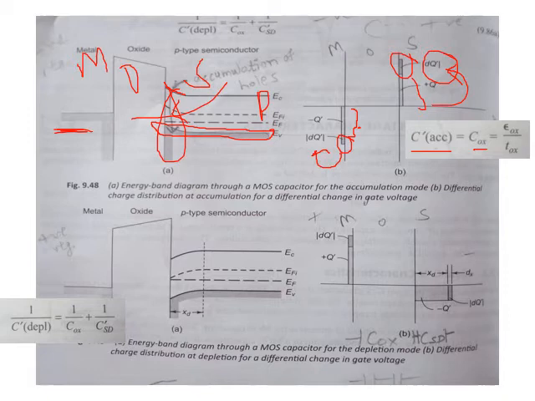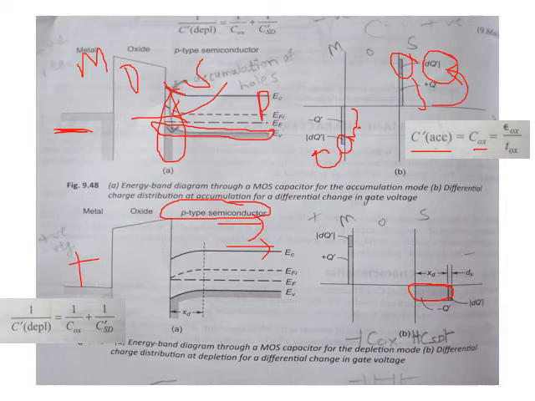When we come to the other case where we apply positive potential here, what will happen? The holes will be repelled away, right? Hence the band is bending downwards, correct? And there will be some depletion region because there are very few electrons. Because this is a p-type semiconductor, I have already explained, the electrons will not be attracted. More electrons cannot be attracted because they are not there at all. They are minority in numbers. Hence a depletion region will develop, and that depletion region is shown here, right?